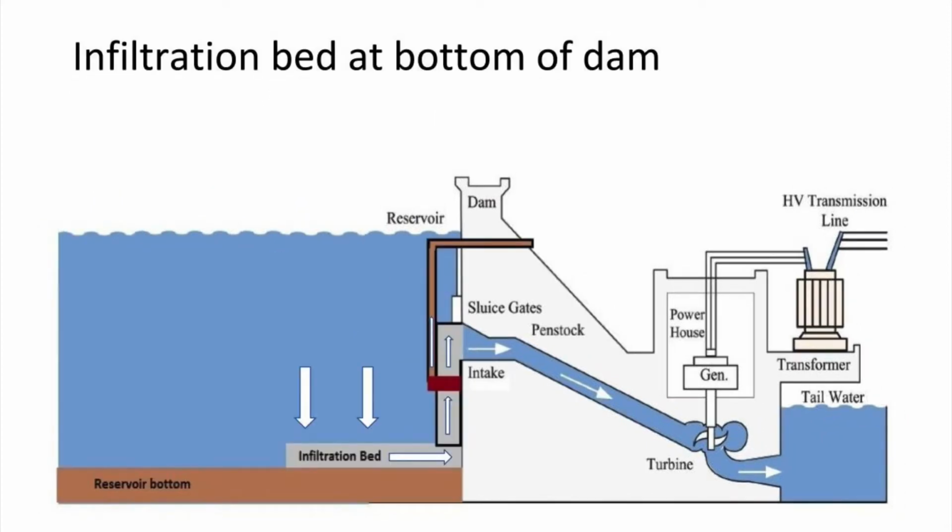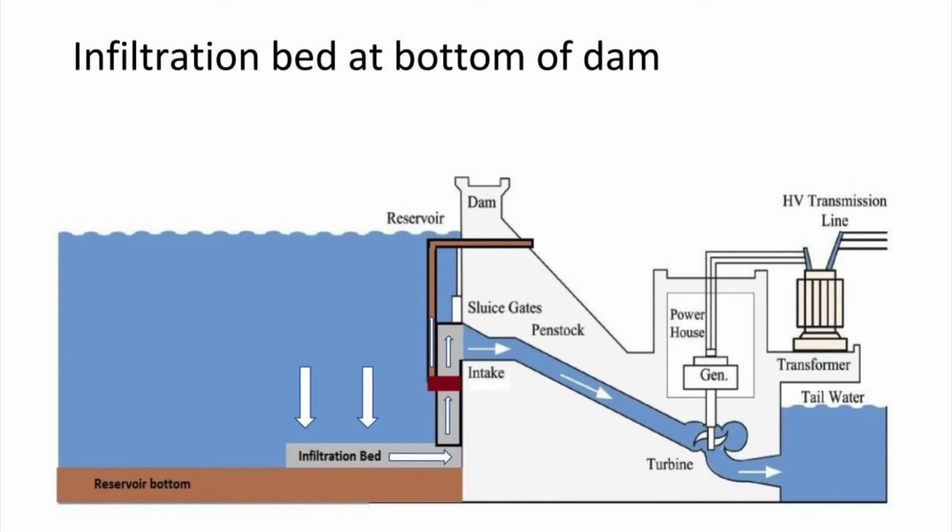In this slide of the infiltration bed at the bottom of the dam, the water still enters in from the top of the infiltration bed, but we're going to assume that there's going to be a high percentage of sediment and particulates in the water. That will still pass through the infiltration bed up into the riser because natural pressure is going to push the water up. But in the middle of that riser, we have a centrifugal force filter system that filters out that